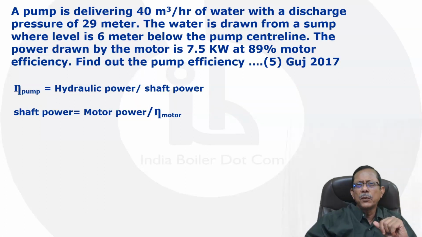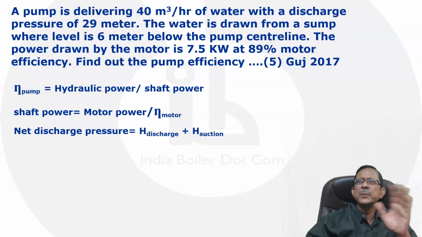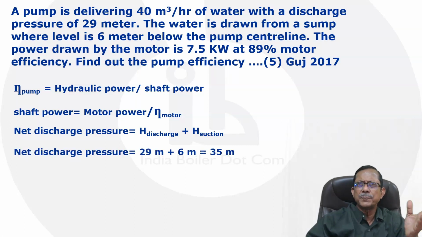The third thing you need to know is that whenever the suction is below the pump center line, that means the pump has to first pull the water and then push it against the discharge pressure of 29 meter in this case, right? So the net discharge pressure will become the suction head plus the discharge head, because the suction is negative, so it has to be added. This is something we need to know to answer this question. Okay, so in this particular question the net discharge pressure will become 29 plus 6, so that is 35 meter,